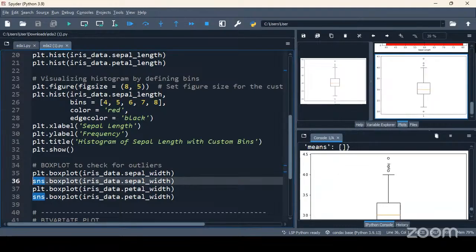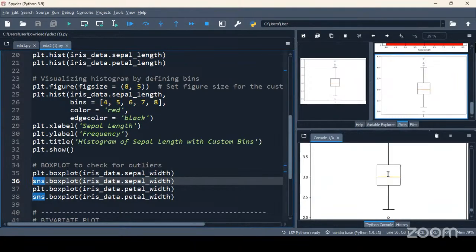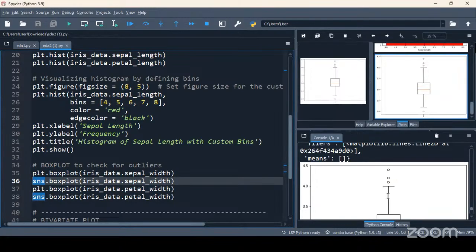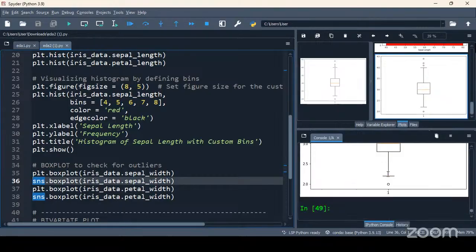Yes, I see outliers. But you cannot just tell there are 4 outliers. No, you cannot count the circles and tell there are 4 outliers. It is wrong. It gives the information about outliers, but it does not talk about the number of outliers. We can only say that there are outliers. Making sense?